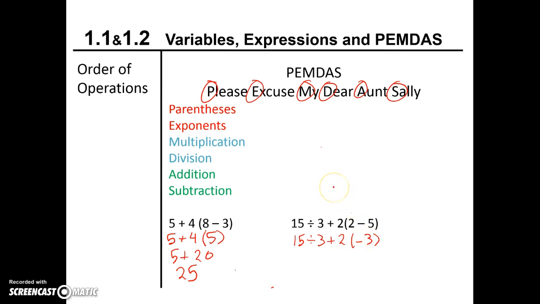And now we can go through in the order in which we see them. 15 divided by 3 is 5, plus, now here I have a plus. I'm actually going to do these two together. So 2 times negative 3 is negative 6, because I actually think of these two as being their own unique thing, which is similar to 5 minus 6, which is equal to negative